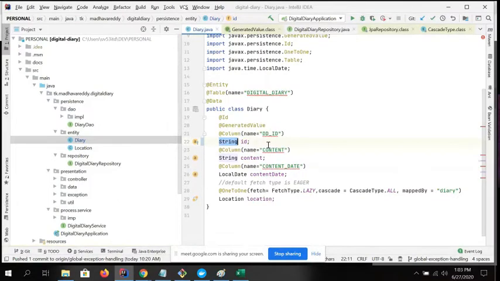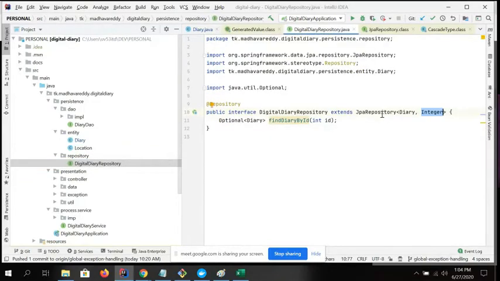But I don't know the complexity of how it is. At this time I cannot confirm whether we can use a custom object or not, because the relationship will be very tough if you use your customization, because we are using some other repositories, right? You are using JPA repository.